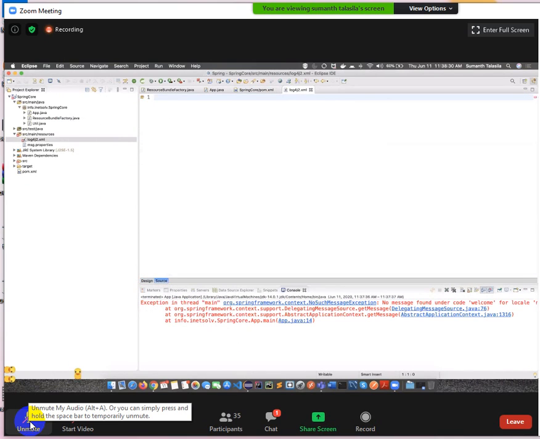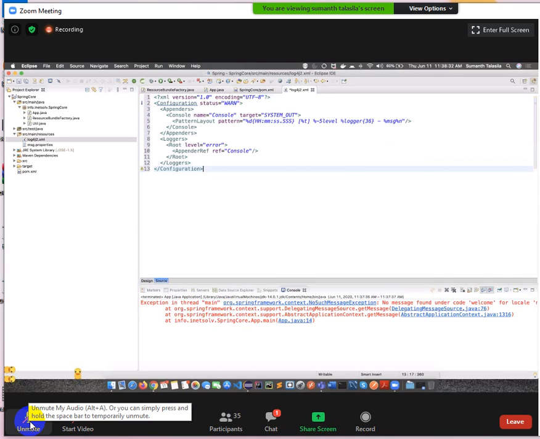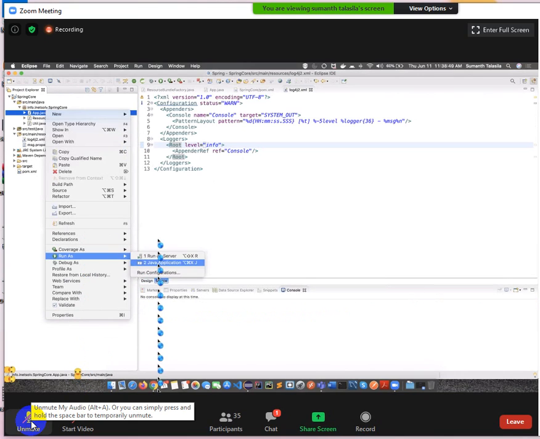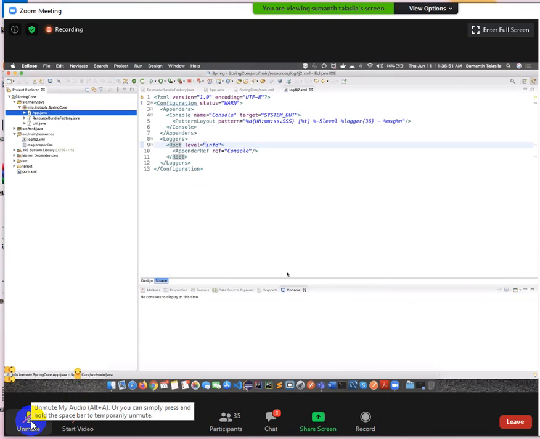In this XML file, let me make some entries. In these entries we are using a console logger, so the output will be displayed in the console. Level is, let us say, info. Now run the same program. Right click, run as Java application.